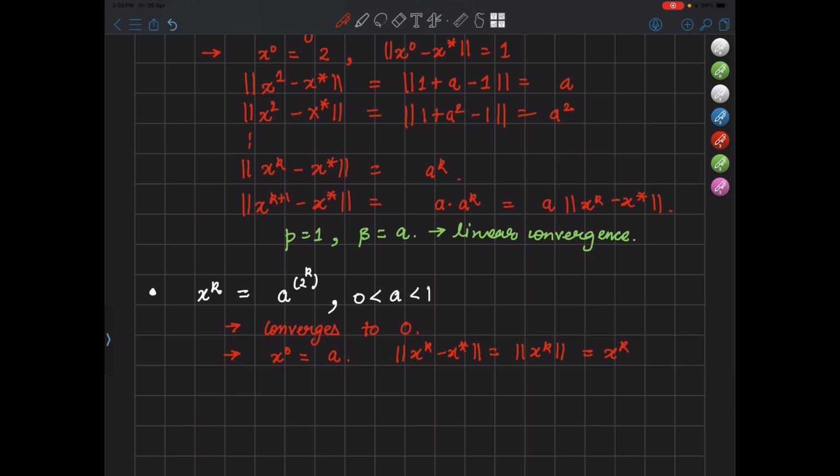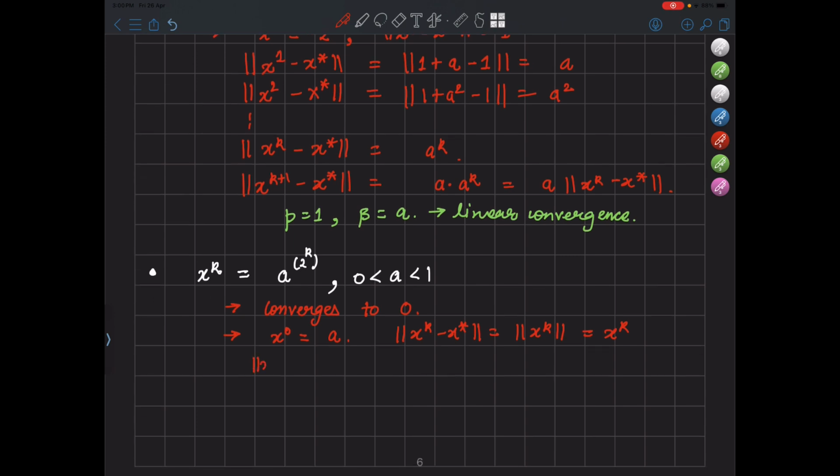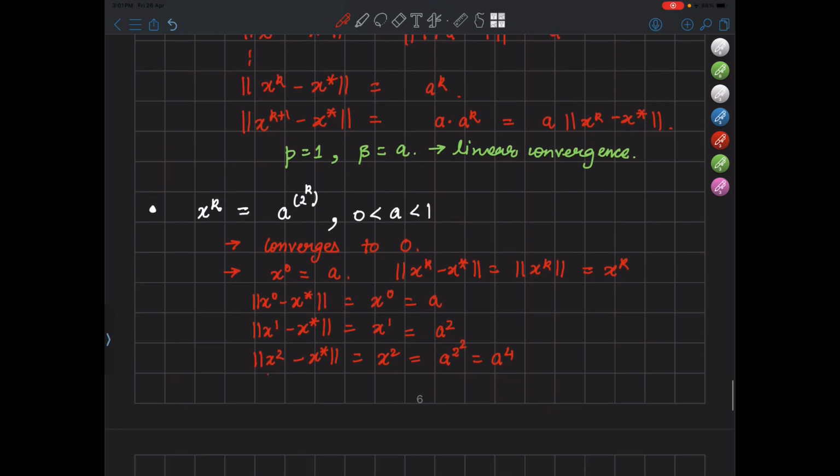So basically the norm of xk minus x star is the same as xk. So x naught minus x star is basically x naught, which means it's a. x1 minus x star is x1, which is a squared. x2 minus x star is x2, which is a to the power 4, right? And similarly, if you go on,